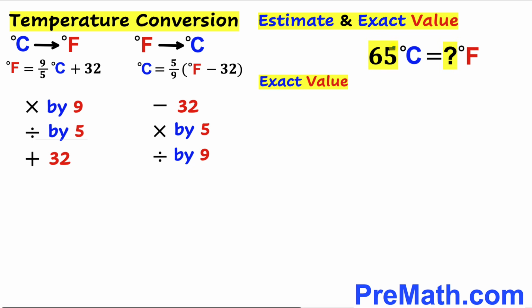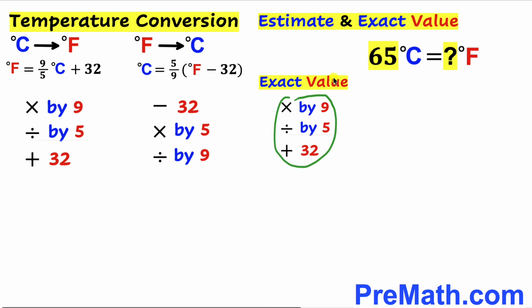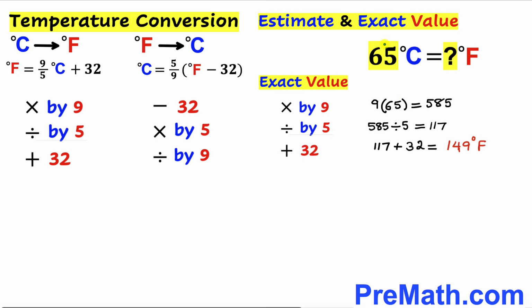And here's our next example. We are going to calculate the exact value of 65 degrees Celsius to get the Fahrenheit value. And here are the steps that we are going to follow as well. And here's our very first step. I multiplied this 65 degrees Celsius by 9. We got 585. Then we divided that number by 5. We got 117. And finally, we have added 32 to it, and our converted value of degrees Fahrenheit is 149